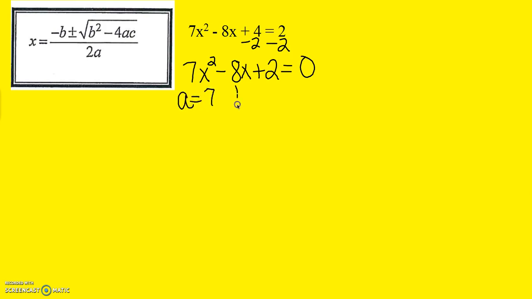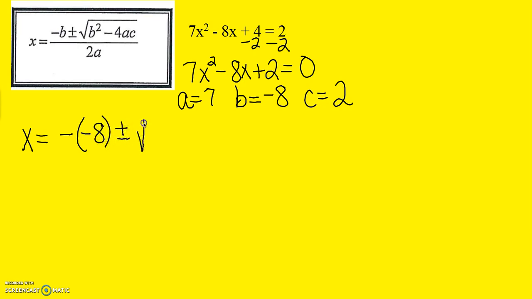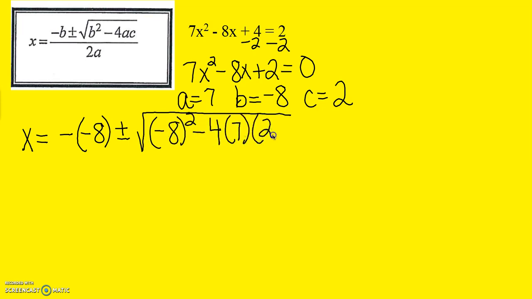Now, a equals 7, b equals -8, and c is equal to 2. We're going to take these values and substitute into the quadratic formula. X equals the opposite of -8 plus or minus the square root of -8 squared minus 4 times 7 times 2, all divided by